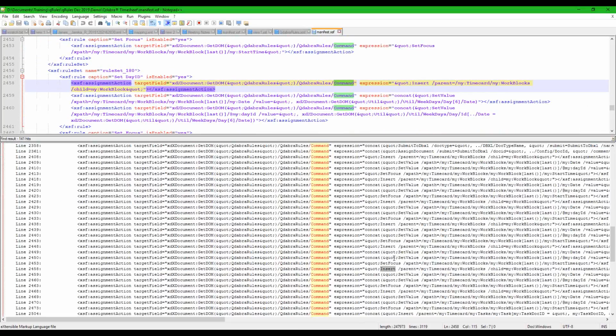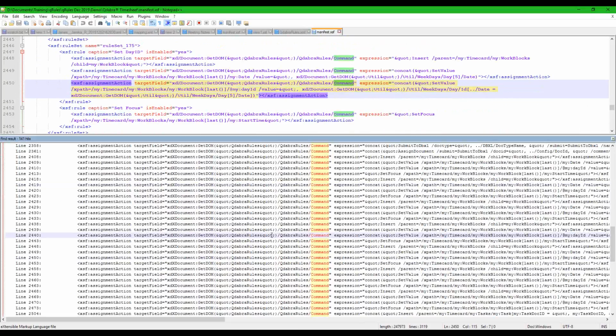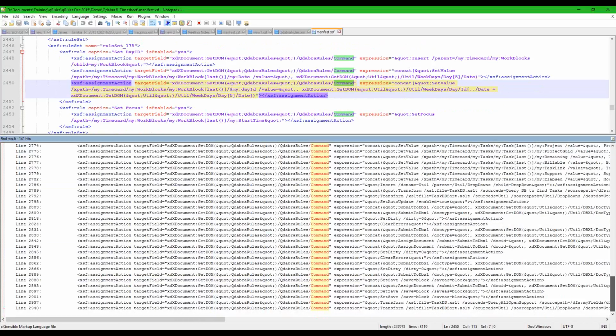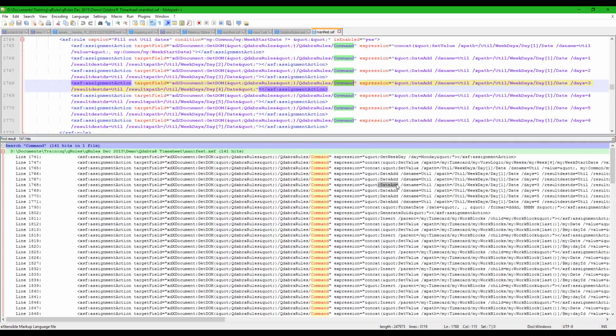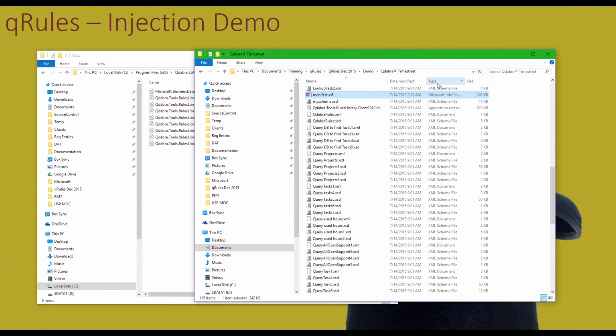Regardless, this is how you can go and find these different qRules commands if you are going to remove qRules from a form, or if you need to review the logic in a form and find out where qRules is being used. Personally, this I find to be the easiest way to deal with an unfamiliar form in terms of finding things, knowing what's being used. So when you guys send a form to me and say, this is not working for me, this is another one of those things that I do really quickly: I save your form as source files and I just go and look and see what commands are being used.